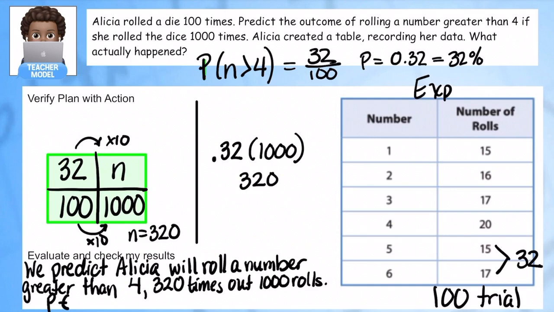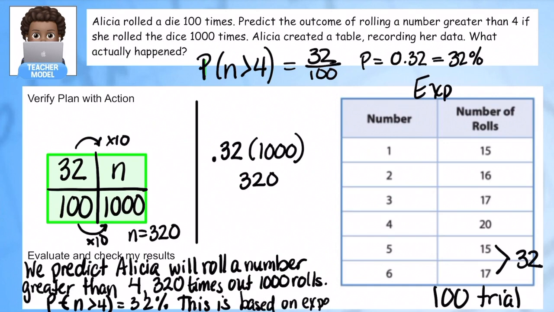P of n greater than 4 is equal to 32%. This is based